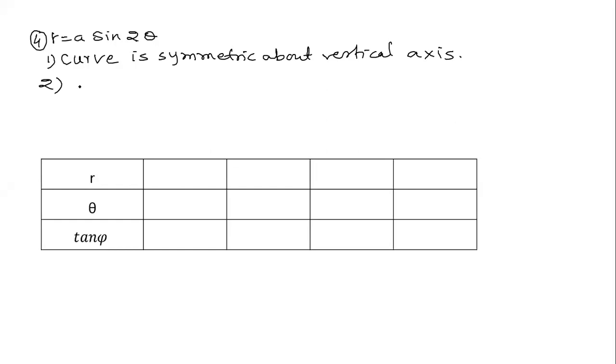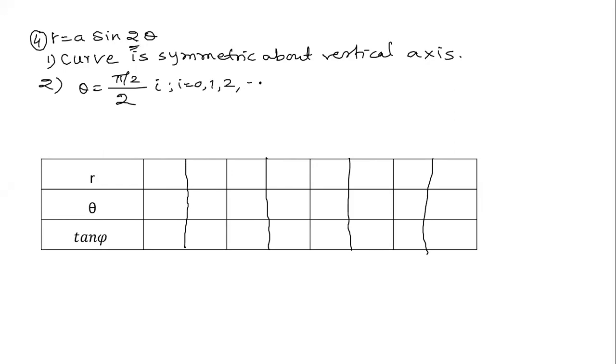Then what to do? Again, m equal to 2, we have to divide each quadrant into 2 equal parts, so there will be 8 different values of theta. Every quadrant is to be divided into 2 equal parts. These are the different values. So theta equal to 0, 1 pi by 4, 2 pi by 4, 3 pi by 4, 4 pi by 4, 5 pi by 4, 6 pi by 4, 7 pi by 4. These are going to be the 8 values.